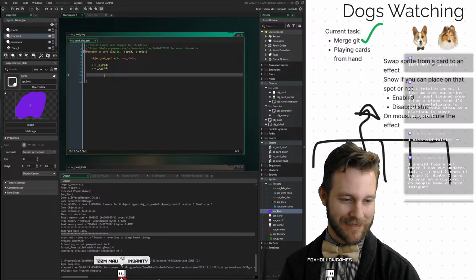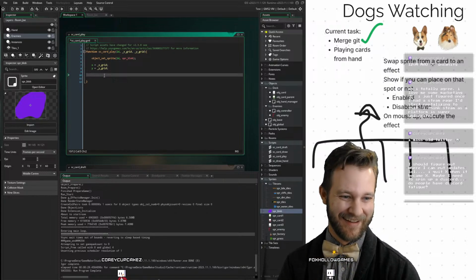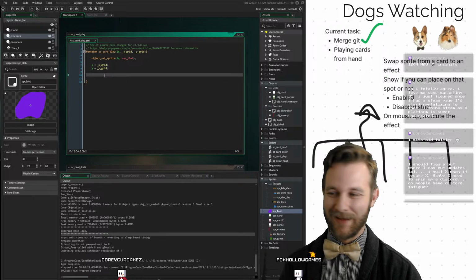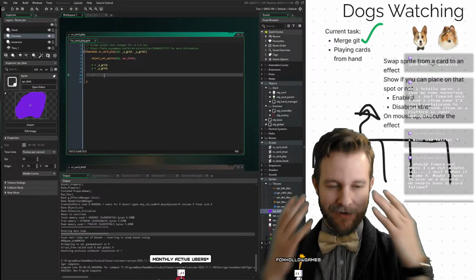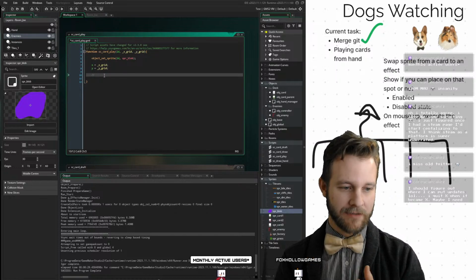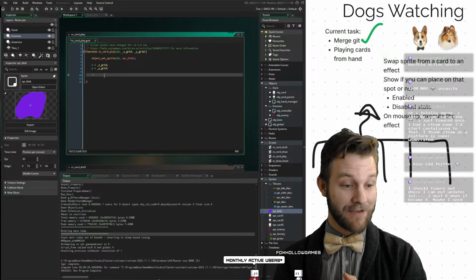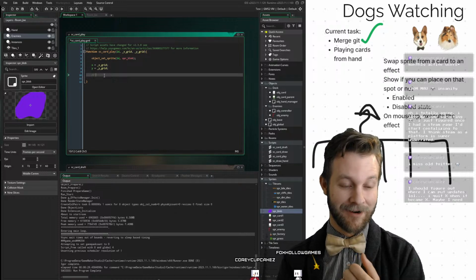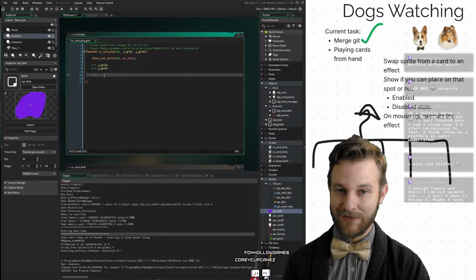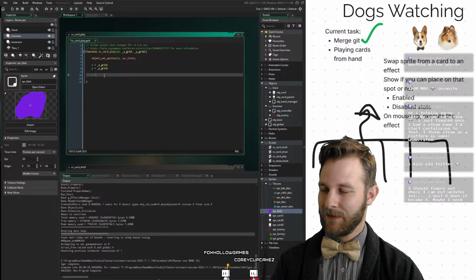120M MAU, insanity. Oh, man. So I think I need to start writing down comments to get stuff. Monthly active users. Oh, is that Vampire Survivors? 120 monthly active users? 120 million monthly active users? We need to